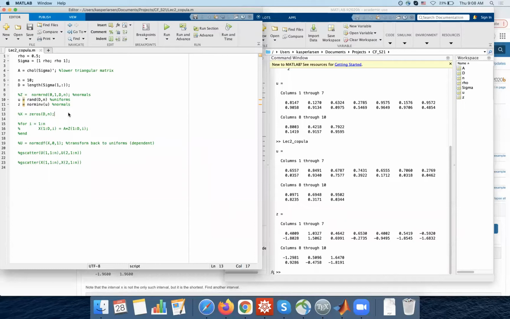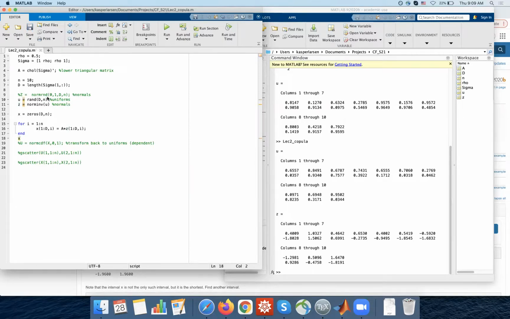Okay, so I will do that. And that's over in my code. Those are my x's. We just call them little x. And so here's what we see in the code. You get the x's from taking the Cholesky factorization and multiplying it onto the independent normals. And this is going to give me